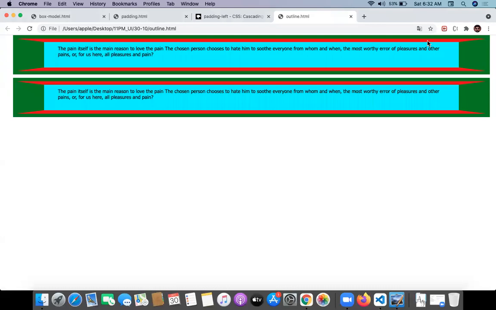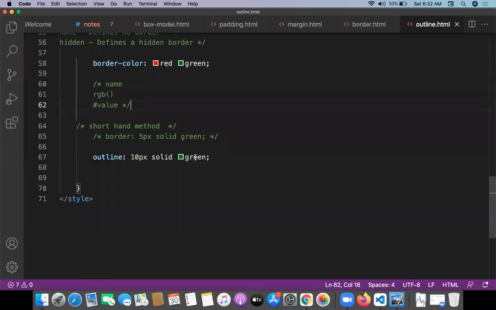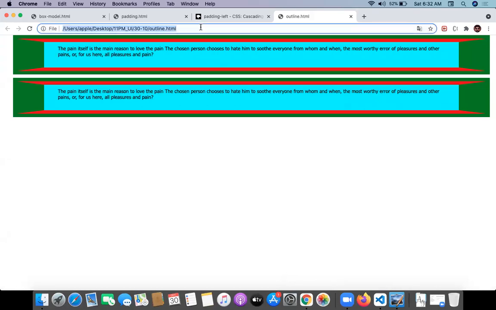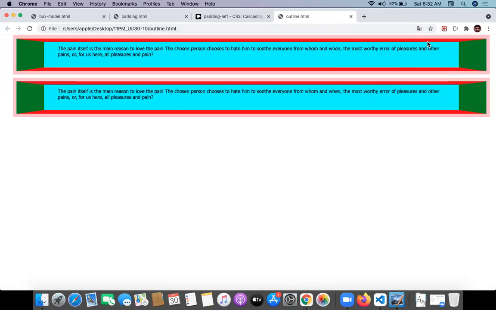Outline is added on top of the border. Can we observe that? The outline has the same color, so that's a problem. Can I give this one a pink color? So we will have the outline with the pink color. The outline is added on all sides. Outline is nothing but an extra decoration on top of the border. The border is there, the border is fine, and on top of the border we provide the outline. Outline is a very interesting one.